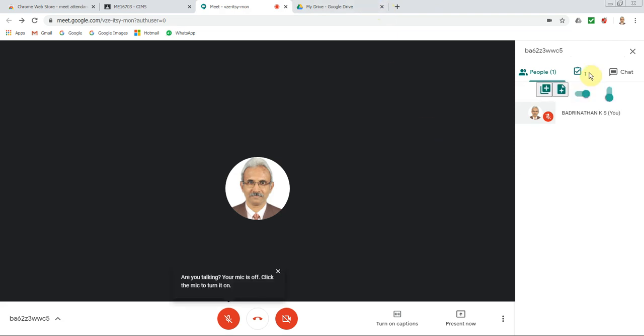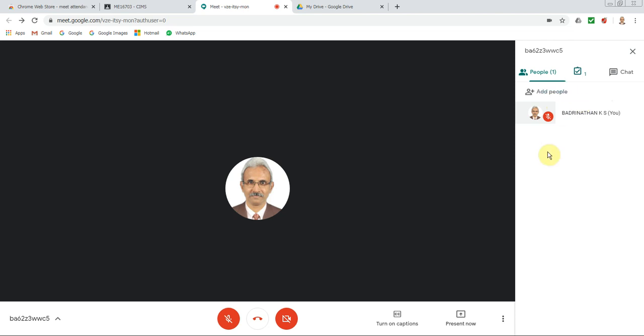So again I repeat here because this is important. Very first time when you take an attendance, because whenever you take an attendance, keep in mind you have to switch it off and then switch it on. That is refresh. You select this icon where you add a new Excel file. So once you have added this new Excel file, then you can take attendance on that. And when you want a new sheet in the same file, you click on this icon. After some time when you want to create a new Excel file, then click on this. But every time you have to switch it off and switch it on.